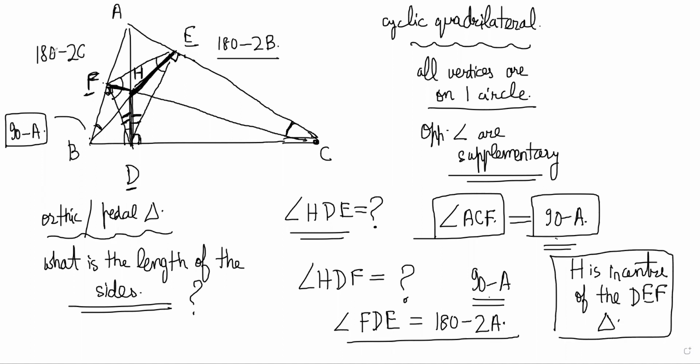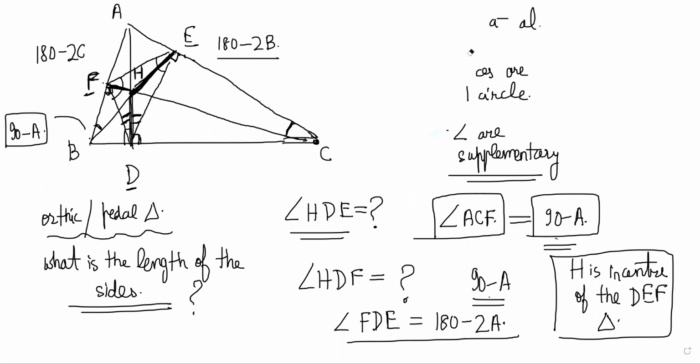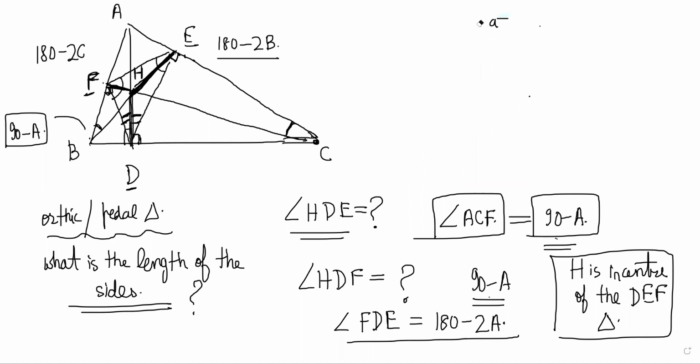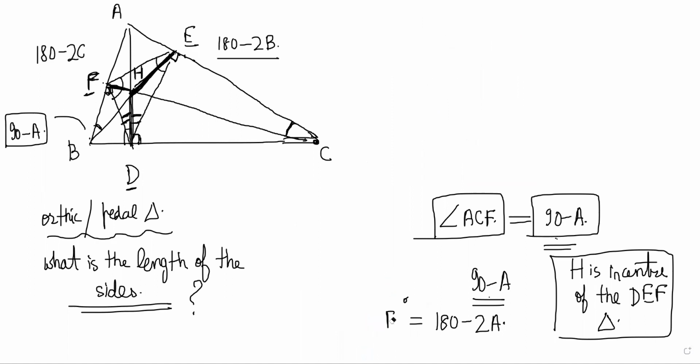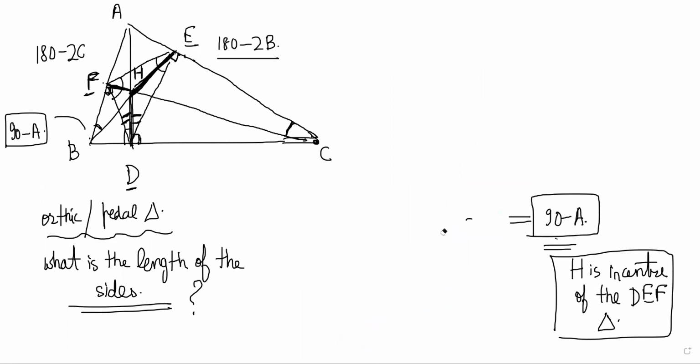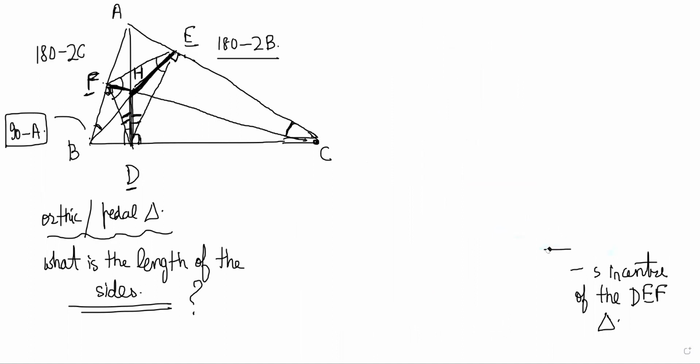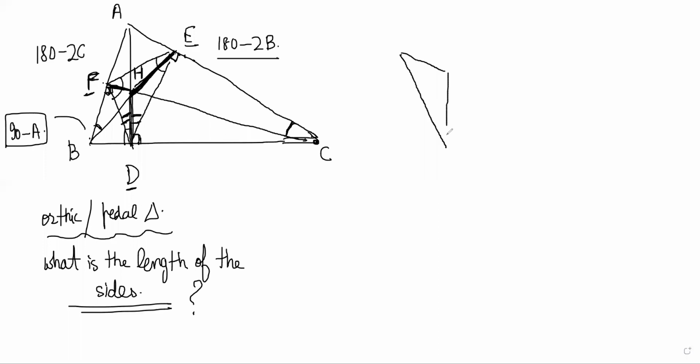Also, now because we know the angles, we can find the side lengths. Let's try to find the side length DF. Here I want to try to find the side length DF, so I'll just rub off this stuff. Whenever you have a question where you need to find some small portion, some particular aspect of a complicated figure, it will be useful for you to isolate that portion. So don't try to mark everything here only. What you should do is isolate this figure like this and just focus on this.